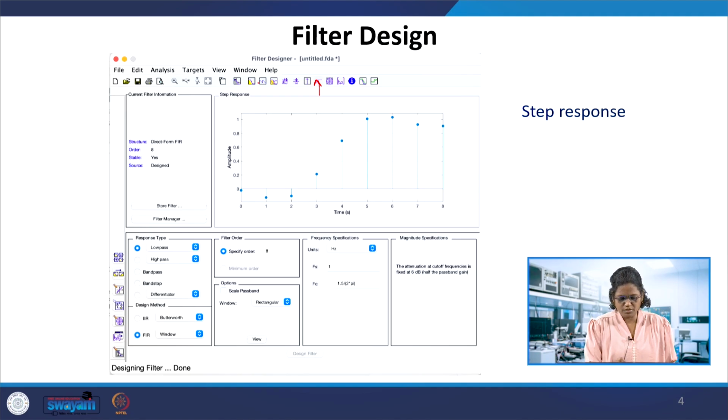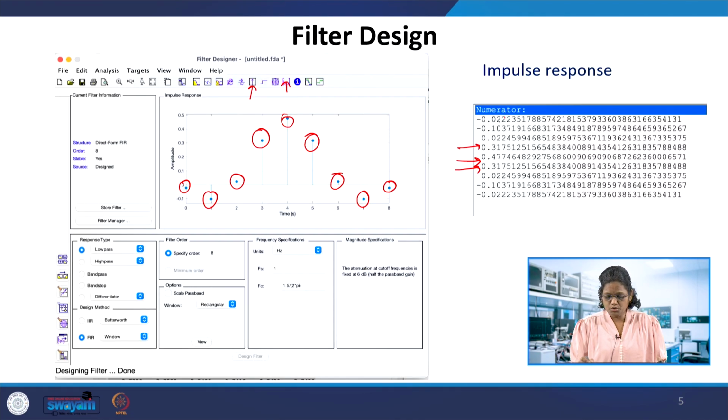So the other options have the magnitude and the phase response as well. So again, either you get the coefficients manually by calculating, but if the filter order is more, then it would be difficult. For a smaller order you can always get it, like for the eighth order, which for this example we have got. Then use any of these tools to get the filter coefficients, and then use these coefficients in your Verilog module.